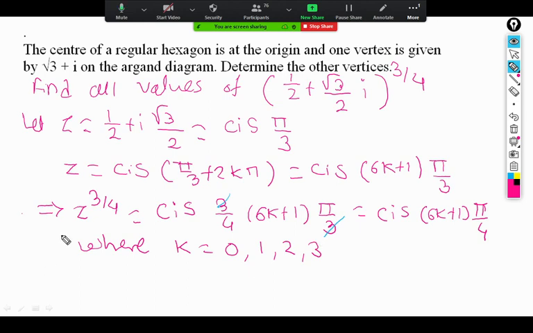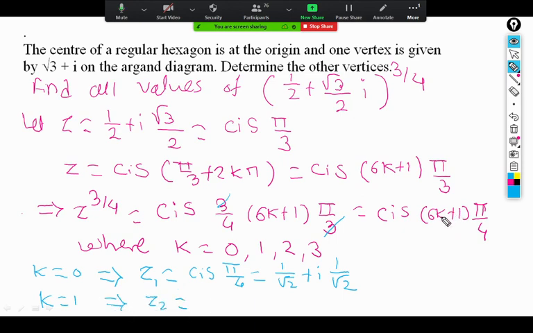So I will say first part, k equal to 0. K equal to 0 implies z1, the first root, z1 is cis pi by 4. Obviously, cis pi by 4 is 1 by root 2 plus i 1 by root 2. Remember, it is always expected in the exam that your answer should be in Cartesian form. So don't keep the answer in polar form. You will not get full marks there. So you should convert the complex number into the Cartesian form at the end. So this is z1.